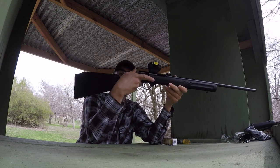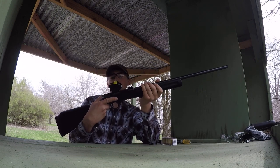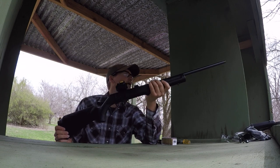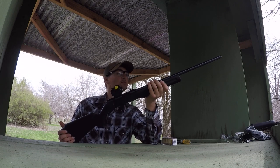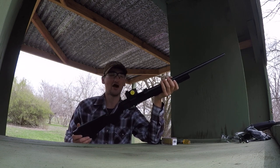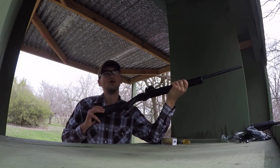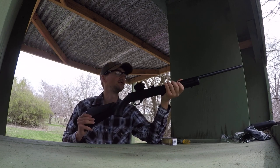But anyway, this is the Rossi RB22M. And this is actually my very first 22 Magnum. I don't believe I've ever fired a 22 Magnum before. Now, I know what you're thinking: Wolf, you would know if you shot a 22 Magnum. Well, if you don't mind a little history lesson with Wolf,